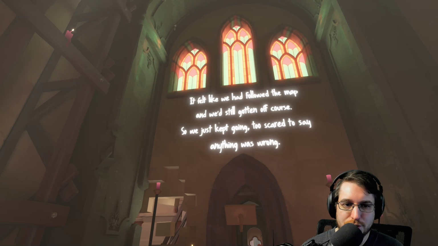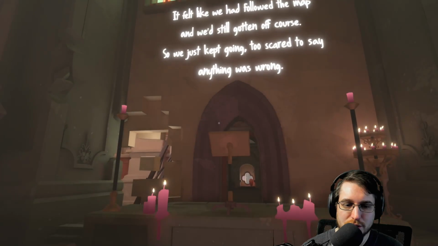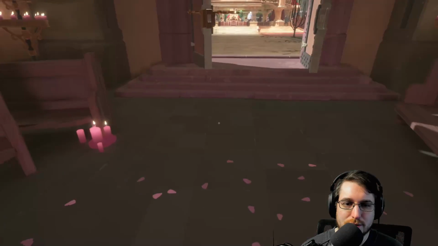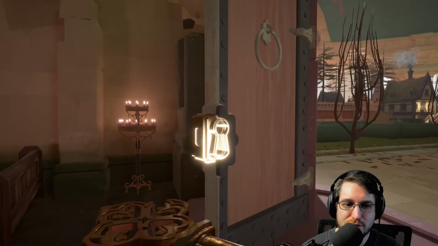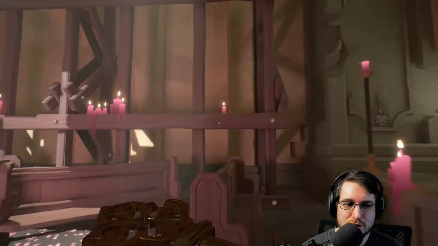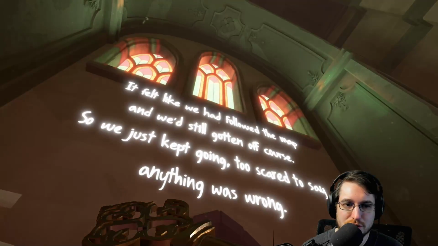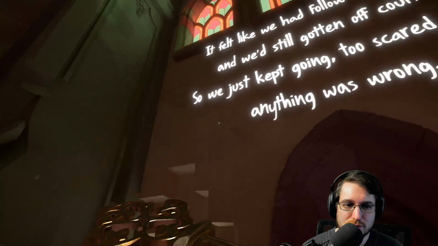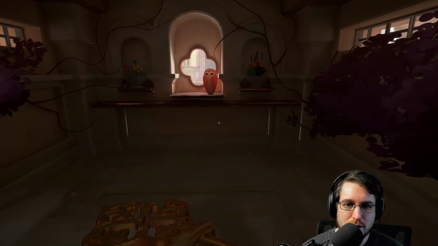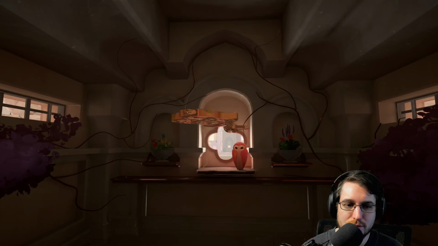It felt like we had followed the map and we've still gotten off course, so we just kept going, too scared to say anything was wrong. See, that's where you went wrong. You gotta stop and correct it then. That's when the communication breaks down and everything gets harder and worse. You get into your own heads and you get paranoid and you start accusing each other of stuff. You gotta just stop at that time when you notice it. I mean, I think we're in her role. I know she's looking back at this now with different perspective, but...